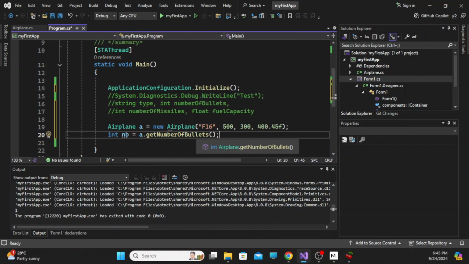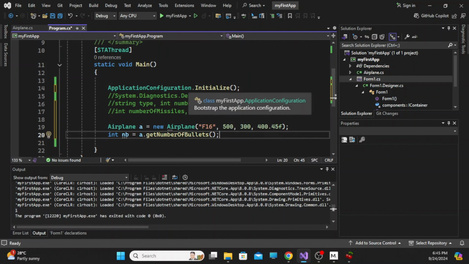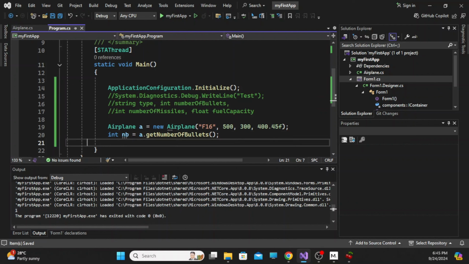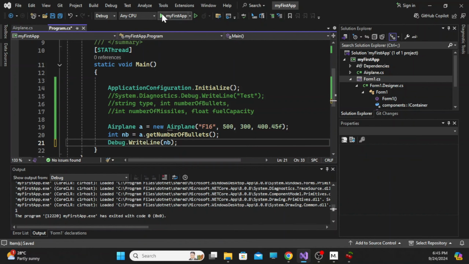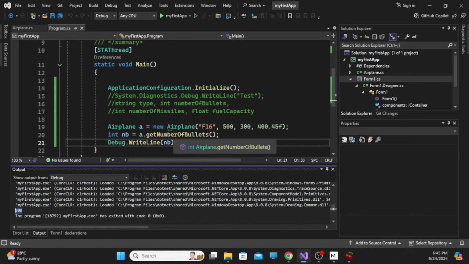Public means that these are accessible and can be used from outside of the Airplane class, because here we are inside a different class, namely Program.cs. And let's type Debug.WriteLine b, and you have 500. We've gotten the value,